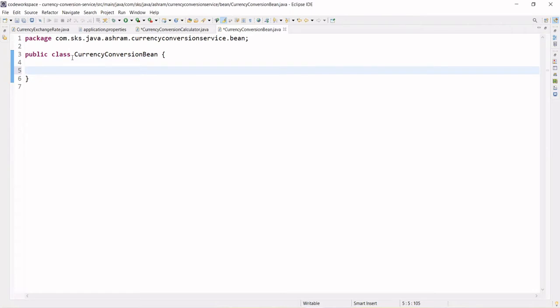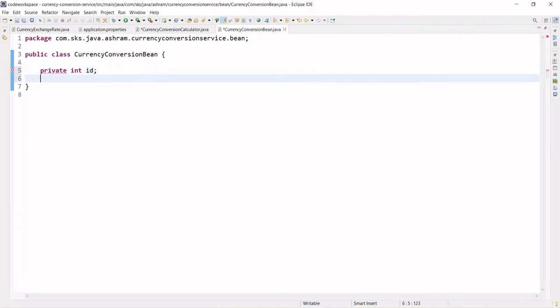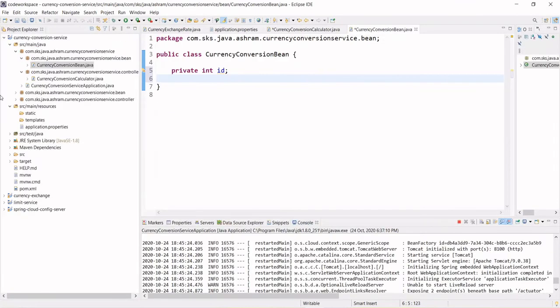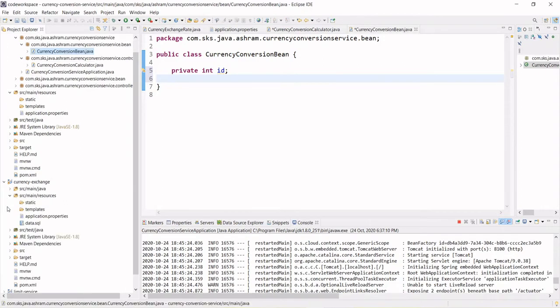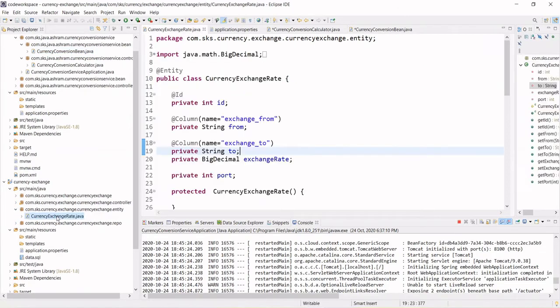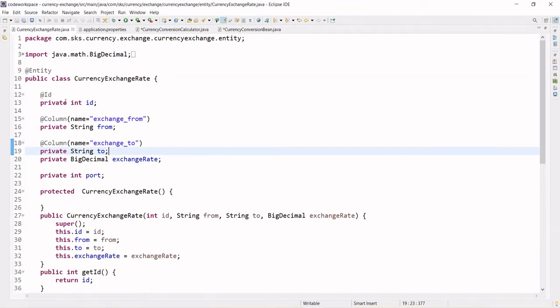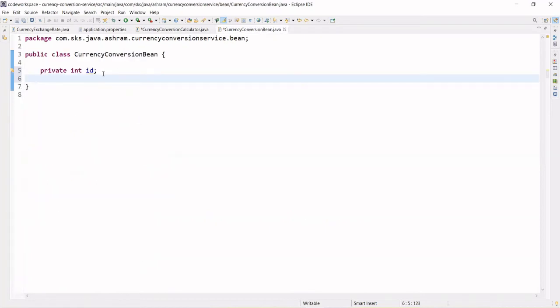So what we need to do is the same thing. Private int id first. We will keep the same things that we created for the exchange rate bean. If you go to the exchange rate bean in our earlier microservice, we had created the entity CurrencyExchange, right? So this was our member variable. We'll keep the same things for the conversion bean.